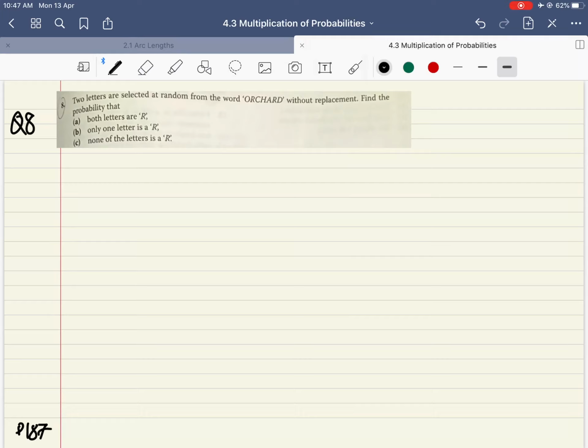And move on to question 8. Okay, now what I want from question 8 is for both letters to be R. So if both letters are R, that means from the first word I get R. That will be 2/7. How do I get 2/7? Because if you notice down here there is 1, 2, 3, 4, 5, 6, 7, and there are 2 R's. So for the first letter, the probability of getting R is